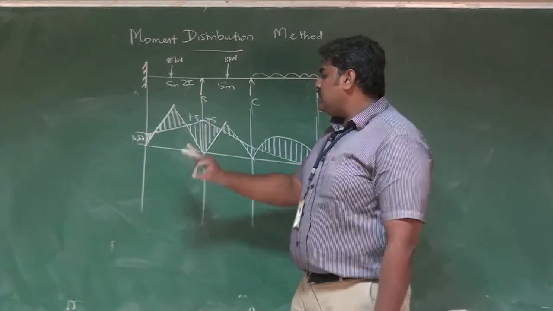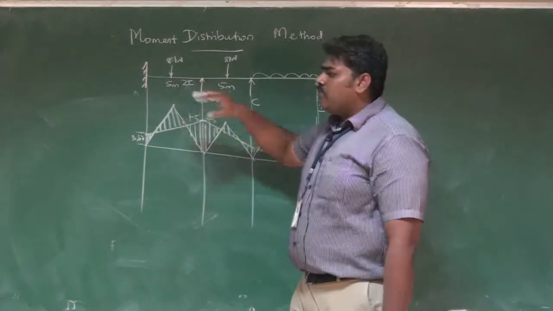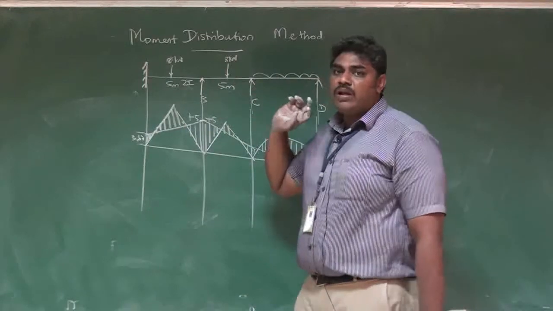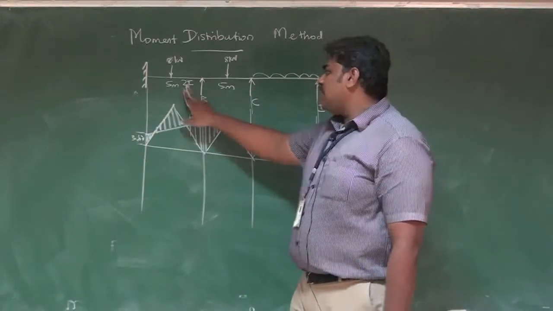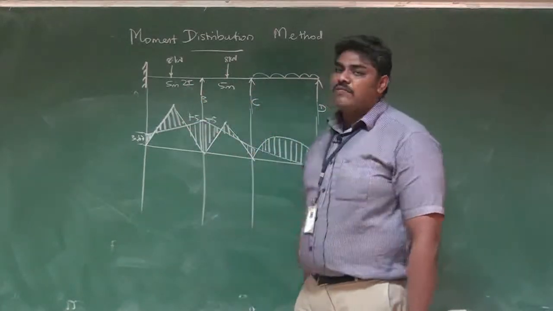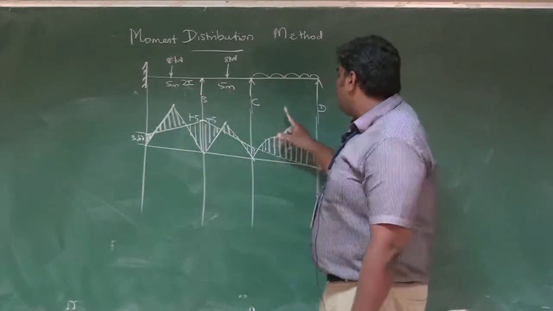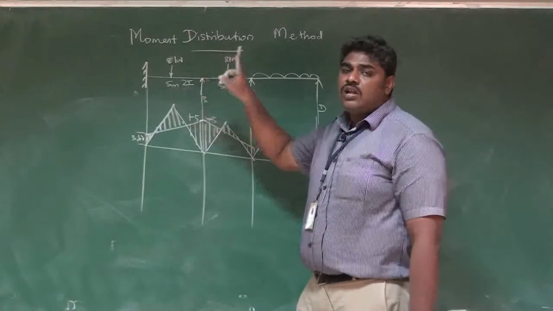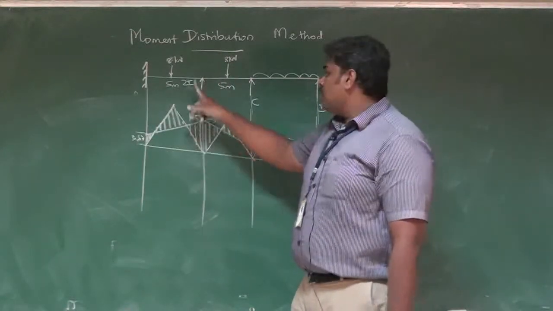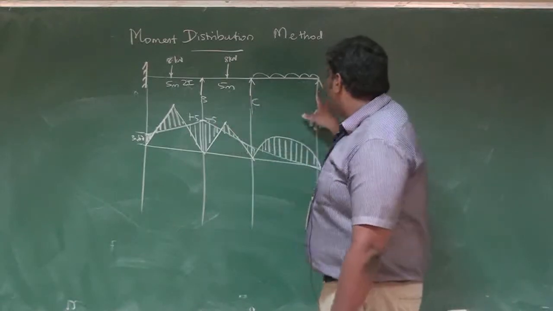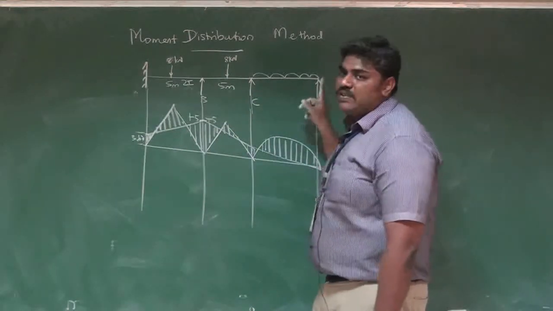So the first mistake anyone will be expecting is the selection of I and length of the member. Right? So if you are correct in selecting the I value and the length of the member and looking at the far ends, right? Do remember, this is a continuous end. This should not be considered as hinged ends. This should be taken as simply supported or continuous ends. Only this joint should be taken as a simply supported end.